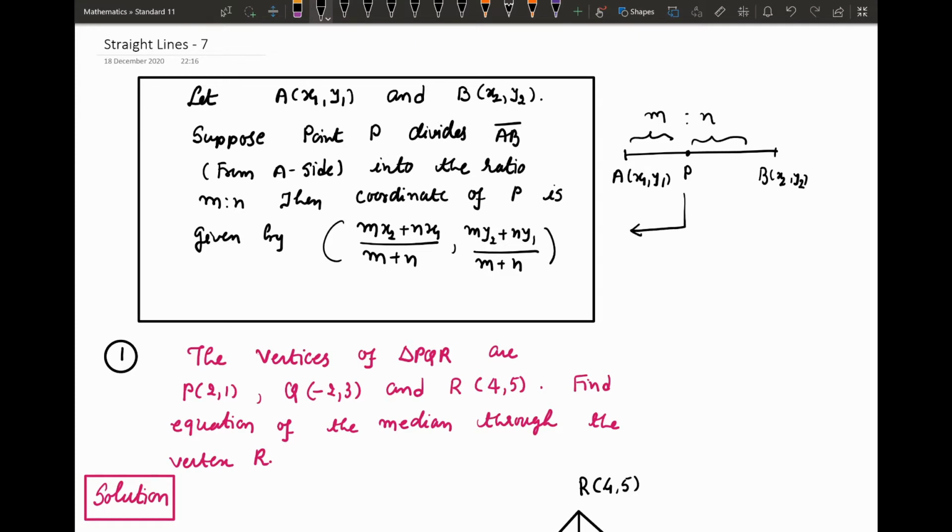Then the coordinates of P are given as follows. If point P divides line segment AB from the A side in the ratio m is to n, then its coordinates are given by (mx2 plus nx1 upon m plus n, my2 plus ny1 upon m plus n). One basic important formula is this one, and another formula is the coordinate of